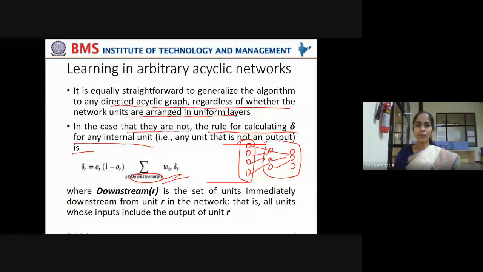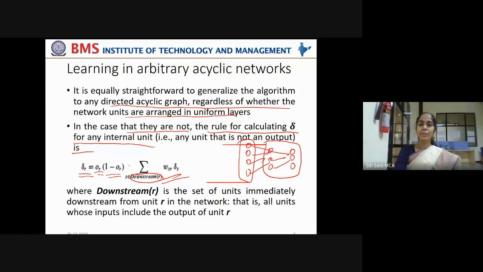In the case that we can't arrange them in uniform layers, the rule for calculating the prediction error delta for any internal unit, that is any unit that is not an output unit (input and output units are the boundary layers, but anywhere in between you want to calculate the error), how is it calculated? Delta R, the prediction error associated with the unit R, is calculated as the output of R into 1 minus the output of that unit R,